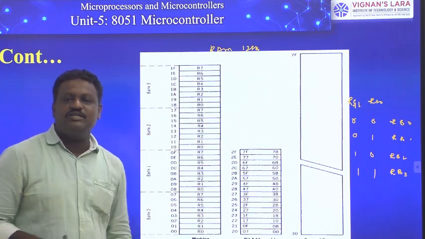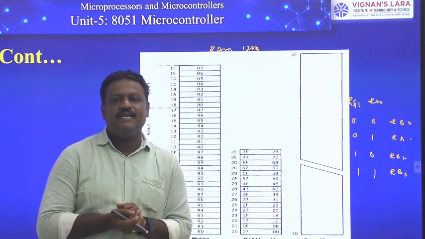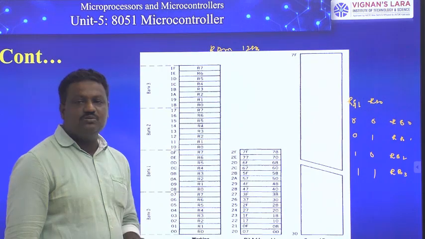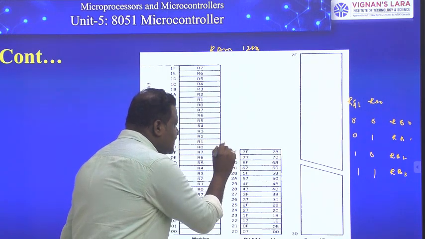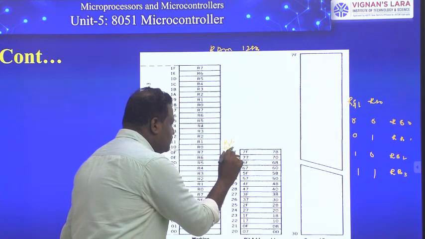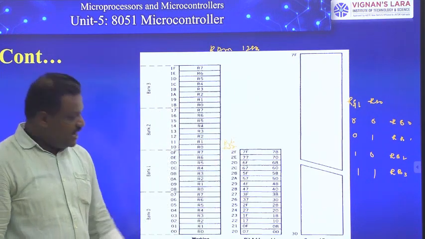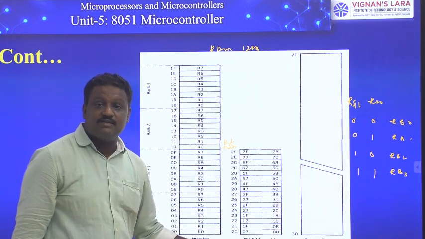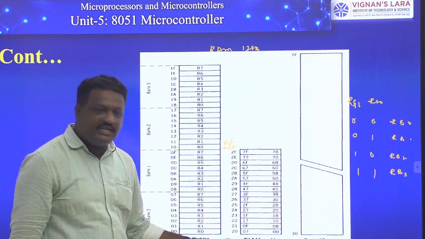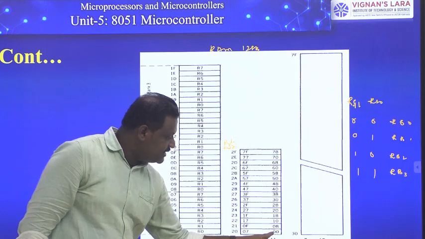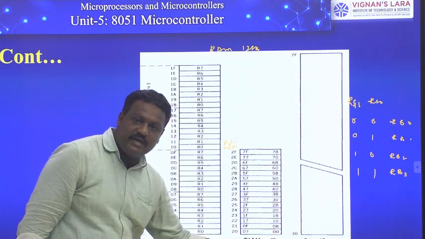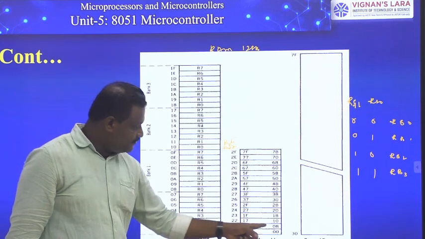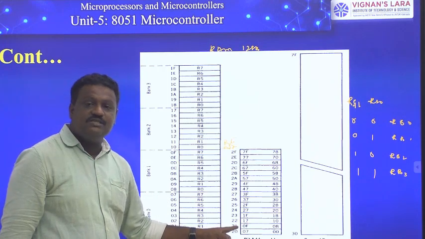Coming to the second partition, it is called bit/byte addressable memory, of size 16 bytes. See here, there are a total of 16 byte addresses, from 20 to 2F. This 20 to 2F we consider as byte addresses. If you take each and every byte, there are again 8 bits. Each and every bit has its own address. If you take this particular byte address 20H, which has 8 bits, each bit has an address. The first bit address is 00H and the last bit address is 07H. Similarly, for the next byte, the first bit address is 08H and the last bit address is 0FH.